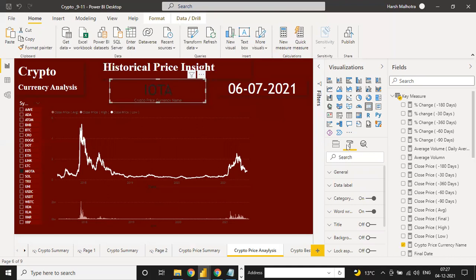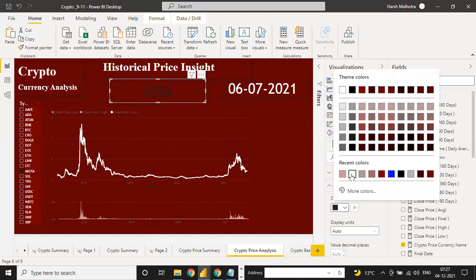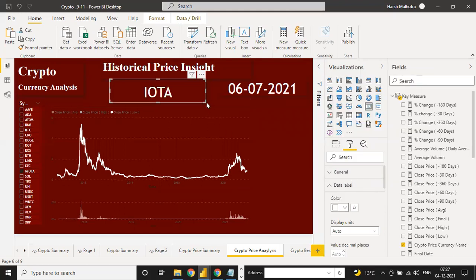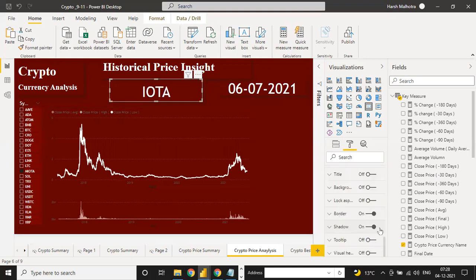Now it is changed. So category of, where is data color? Now you can change the data label to white. And now see what is happening. Shadow.